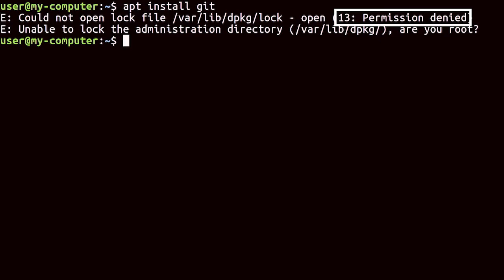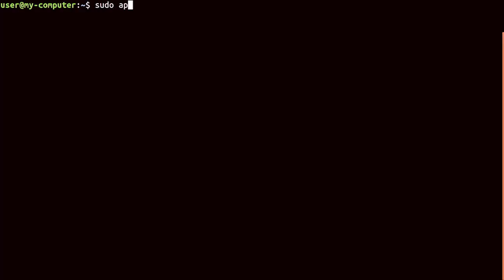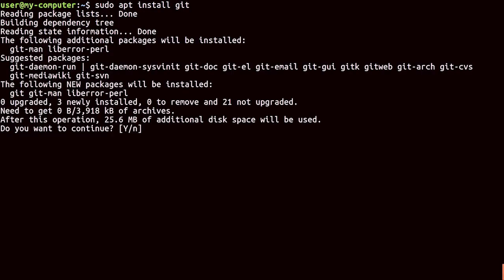Like Windows, when we install something on our machine, we need to tell the computer that we're authorized to install software. Right now, we can preface this command with another Linux command, sudo, which stands for superuser do. It asks us for a password, so let's add that in. We're getting a lot of output. It's just asking if we want to continue installing this application, and since we do, I'm going to say Y